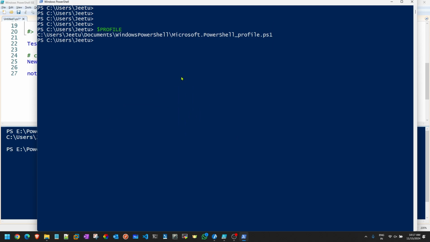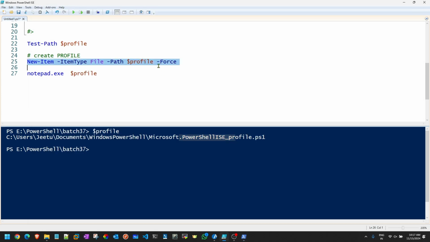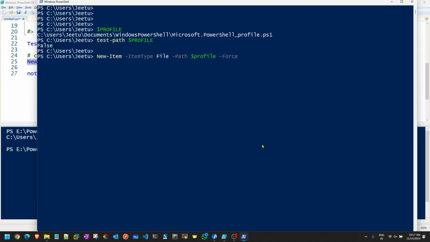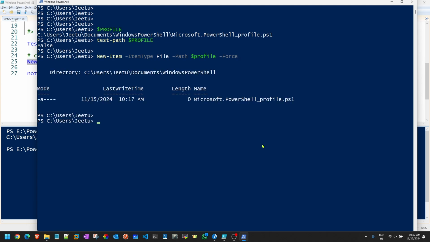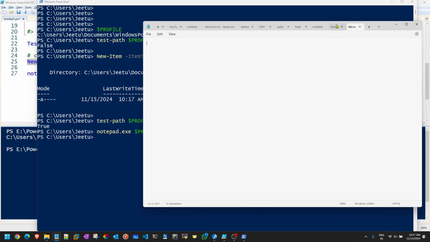Okay, so that is the reason when I go for the command Test-Path, it gives me false. So what I need to do over here, just copy this command and paste it. Same command only. See, variable name is same, but where you are executing, based on that, the value changes. Here, again, same thing is done. Now, if I redo the same, it gives me true. And then I can modify the same file. You can see it is empty. So I can just copy the same content from here and paste it. Problem solved.